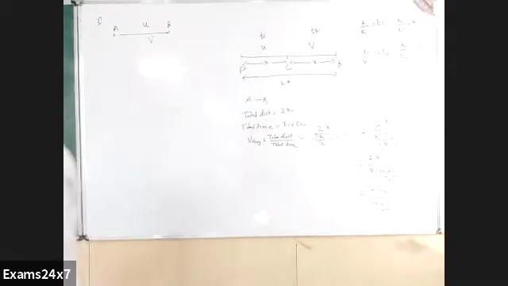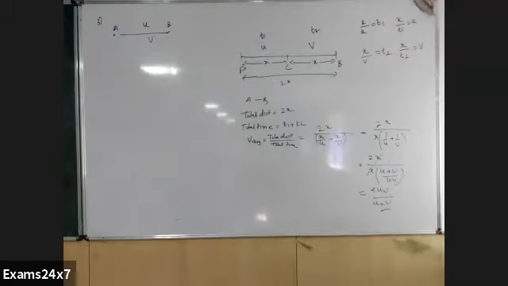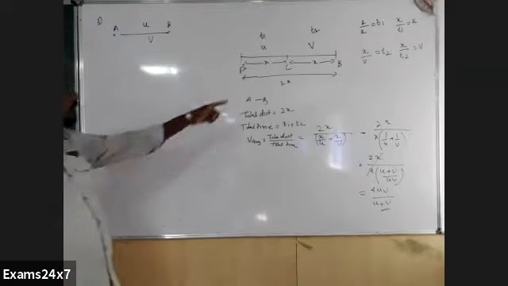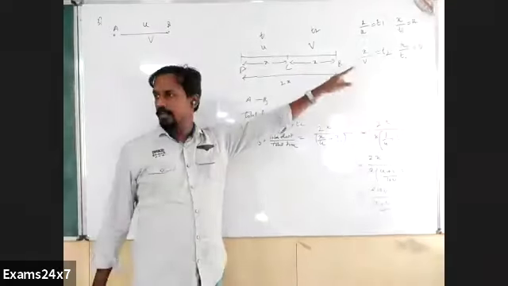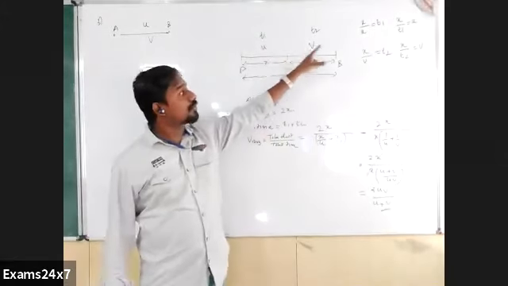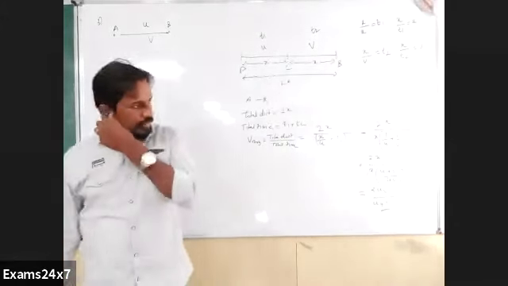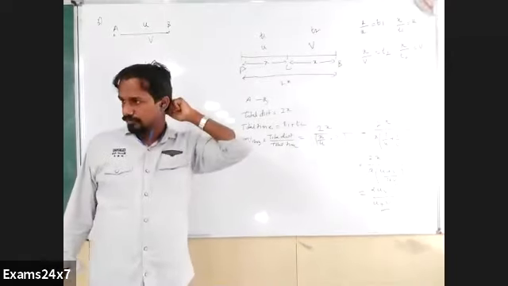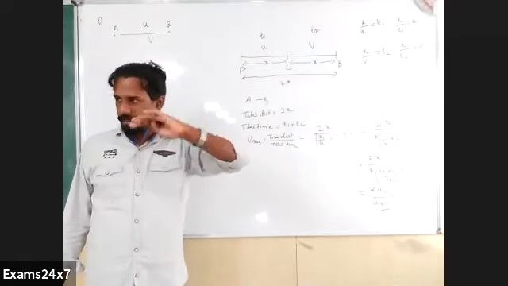What did you get? This is the average speed or average velocity with which an object moves from A to B, when the first half of the distance is covered with the speed u and the second half of the distance is covered with speed v. Now coming back to the problem. Now I'll explain completely, then you can write.